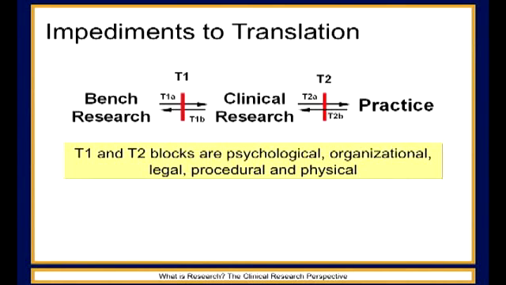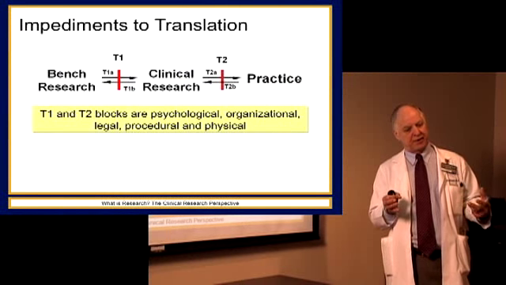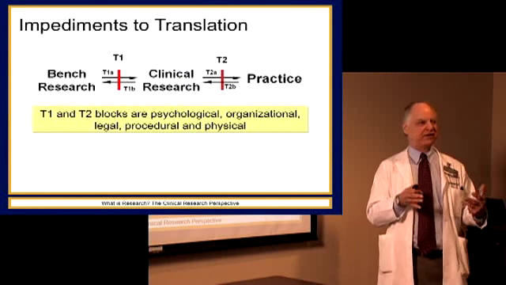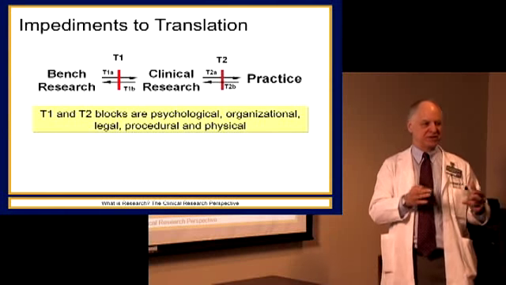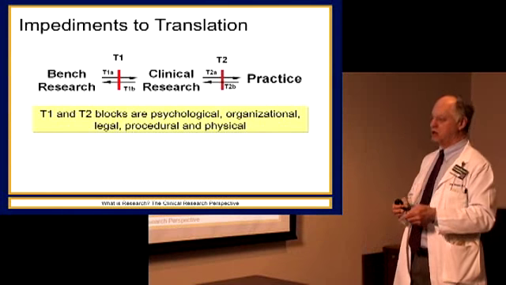There are a lot of impediments to this translation, moving things along from discovery to actual clinical improvements and improvements in human health. And this slide is designed to show where these impediments lie. There are many that are at this T1 level, going from the bench to clinical. Bench researchers don't necessarily work with clinical investigators, so they don't know each other. The bench researcher doesn't always know what it means to put something into human beings, so they don't really design their experiments specifically for a path that goes into humans. They're designing their experiments to answer scientific questions, which may or may not facilitate movement into humans.